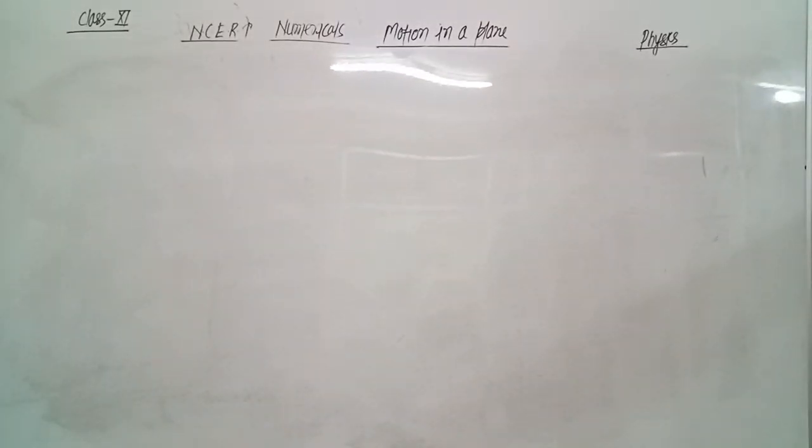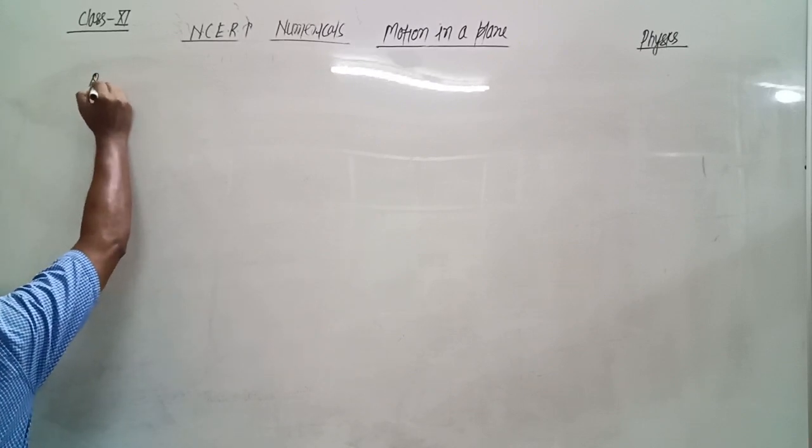Now the next question: read the statement carefully and state with reason and examples if it is true or false. If the statement is true, then we have to give the reason and also give the examples. If it is false, then also we have to give the reason and example. Question number 4.24.